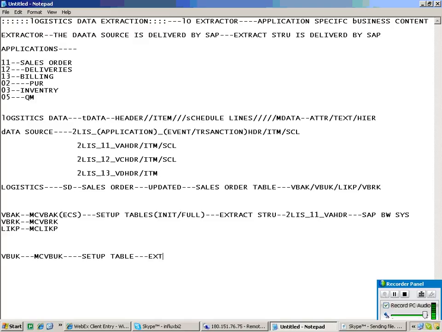From the setup table, the extract structure reads the data, passes the data to the data source, which in turn passes to the transfer structure, transfer rules, communication structure, update rules, data target. Is that clear?